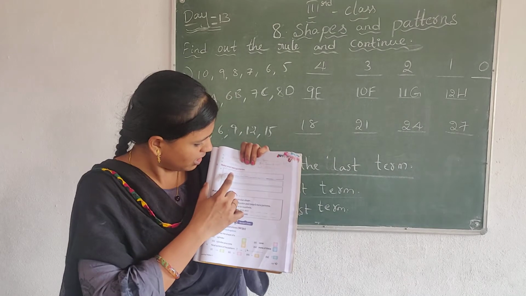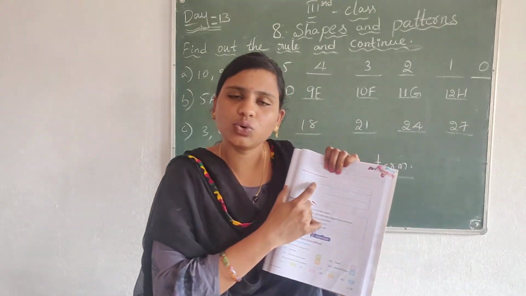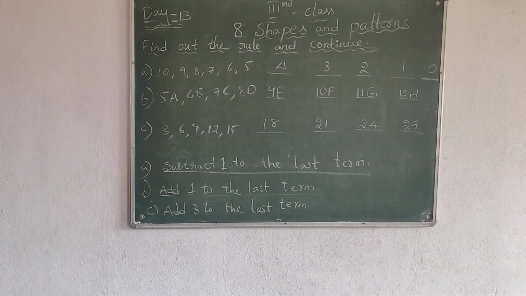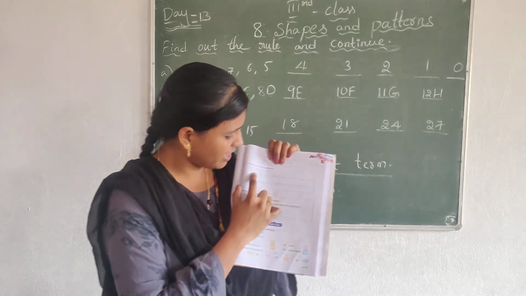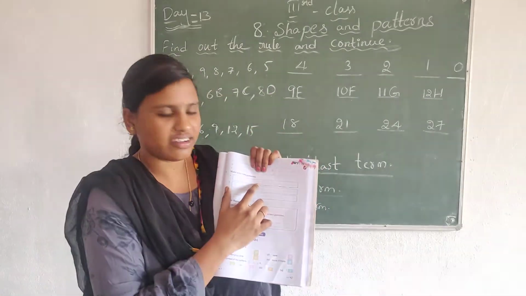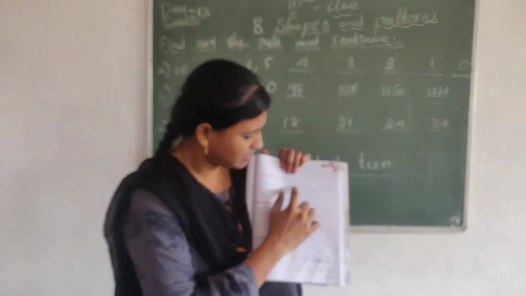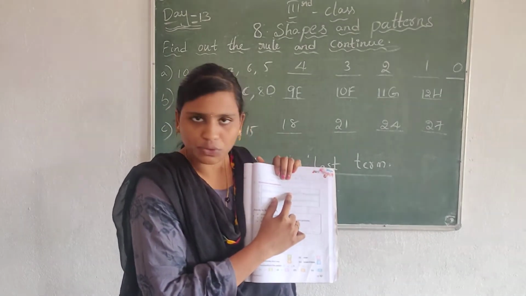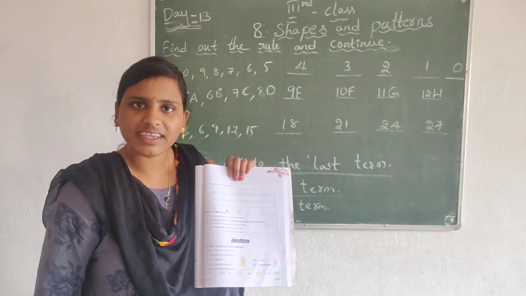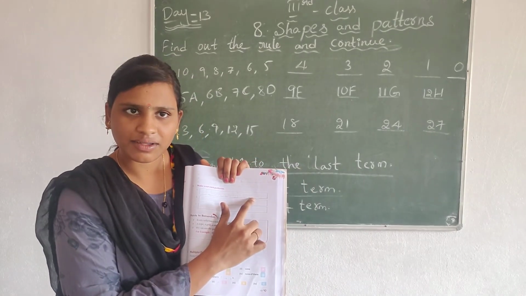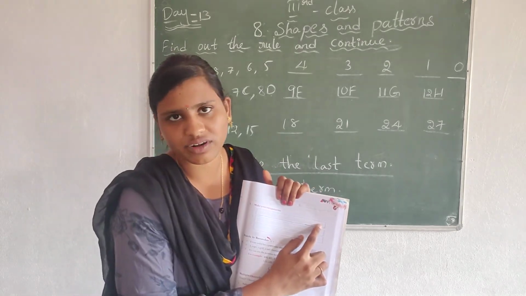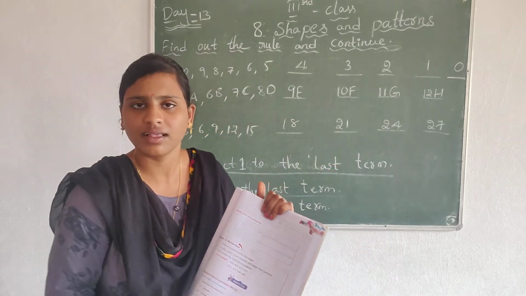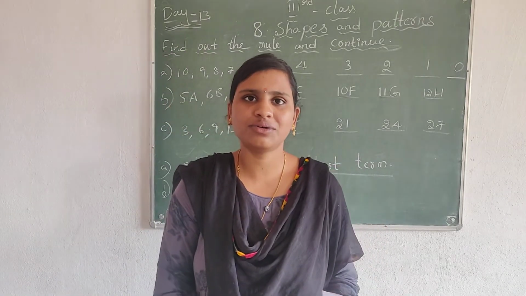Okay, let's see. Make your own pattern. We have 3 boxes here and you make your own pattern. I wrote here, first I took 2 triangles, next 2 circles, 2 squares. 2 triangles, 2 circles, 2 squares. Here also 2. I repeated this pattern again. 2 triangles, 2 circles. What will come next? 2 squares. What comes next? Again 2 triangles. Okay. You do this type of pattern in these 2 boxes.